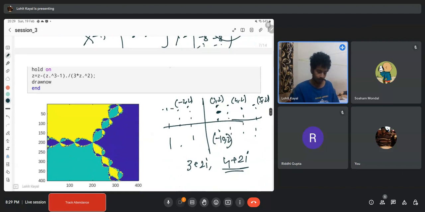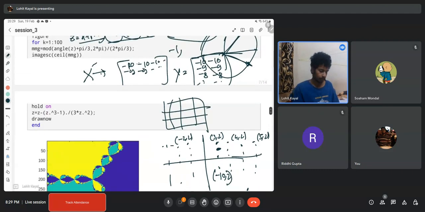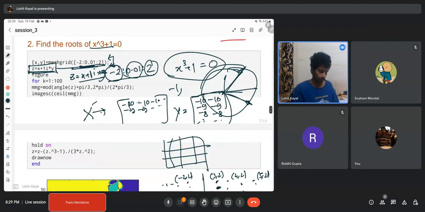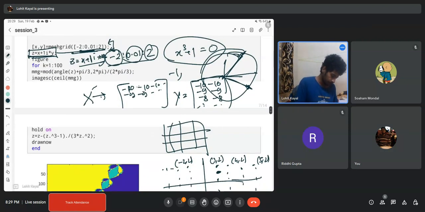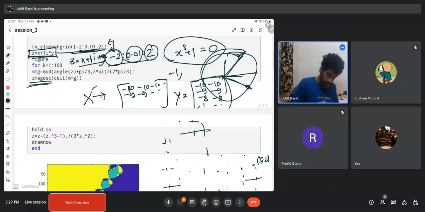of these initial conditions, of these initial guesses. Okay, 3 plus 2i, 4 plus 5i, 6 plus 7i, something like that. Now, what is the idea? There is one thing which is called imagesc. If you just Google what is imagesc,